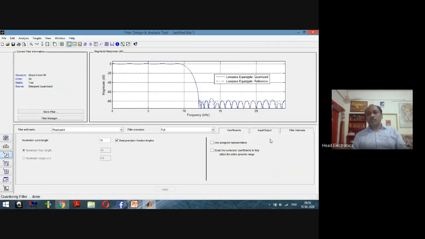Then coefficients, use unsigned representation, scale the numerator coefficients to fully utilize the entire dynamic range. Input output filter, here we can select the input output filter internals, and the numerator word length, what must be numerator word length, this is the 16, that is here the best precision fractional length here.